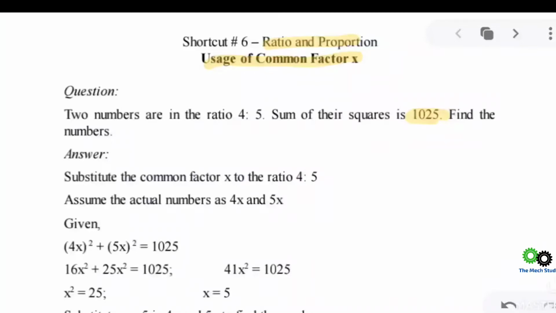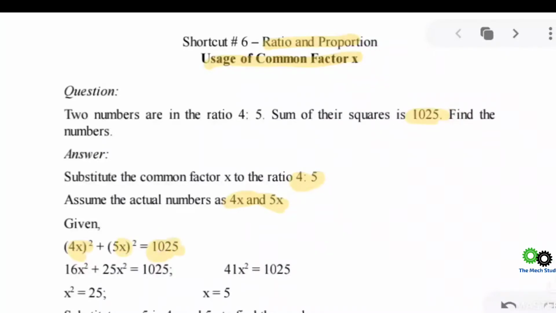for that particular question. So the question was that two numbers are in the ratio of 4:5, and the sum of their squares is 1025. Find those numbers. So there is a ratio and the sum of their squares is given as a certain number. How do you do that? For any ratio, you need to consider some x value so that the actual number does not affect the final answer. So consider x for the ratio, like 4x plus 5x.